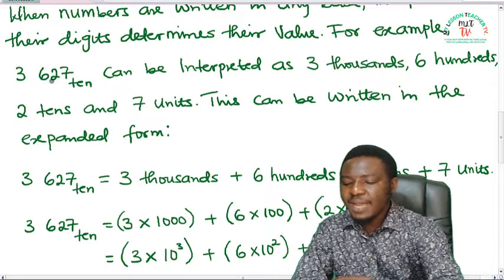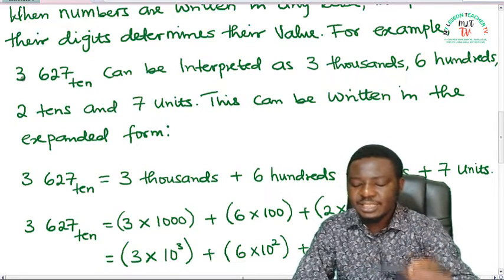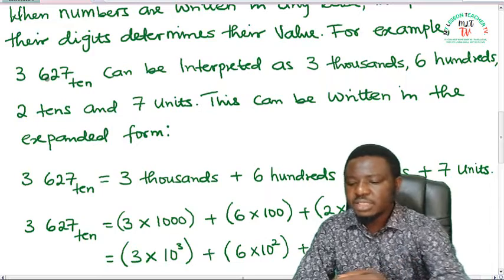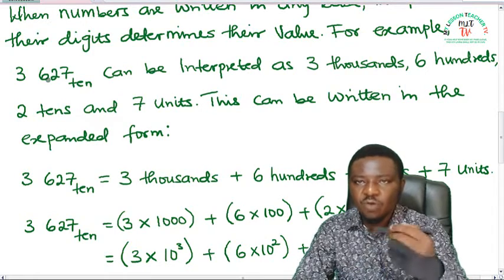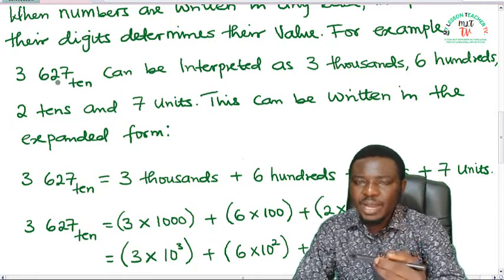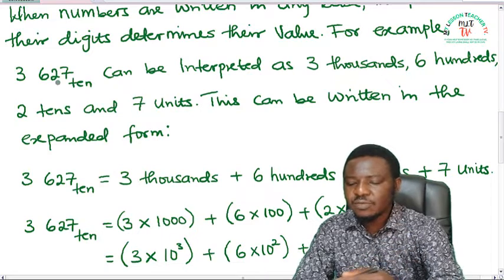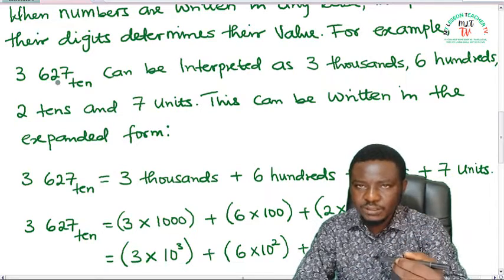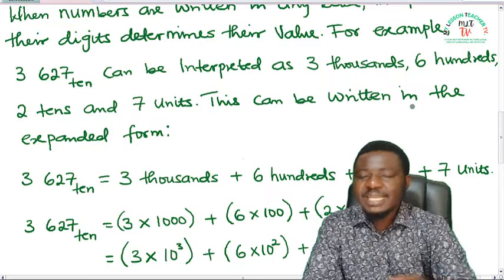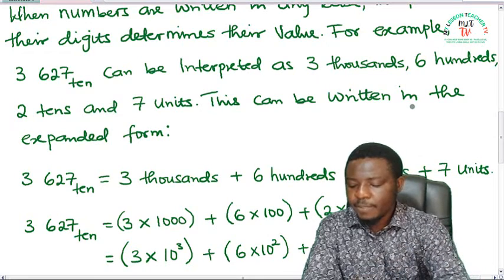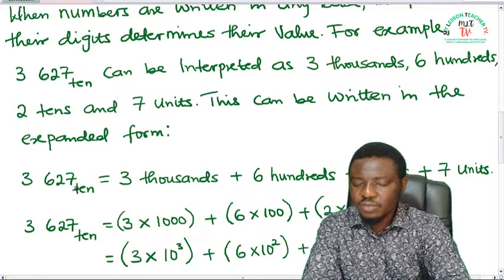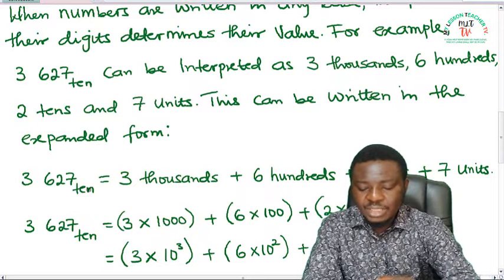So these are their place values. 3 is taking the place value of thousands, 6 is taking the place value of hundreds, 2 is occupying the place value of tens, and 7 the place value of units, of which this can be written in expanded form as, so 3627 in base 10 can be written as